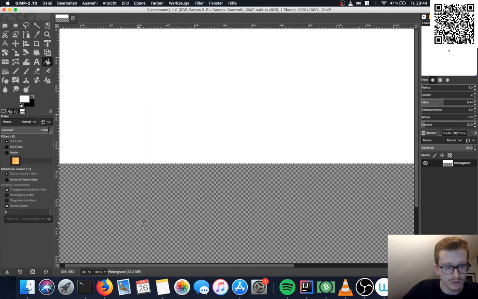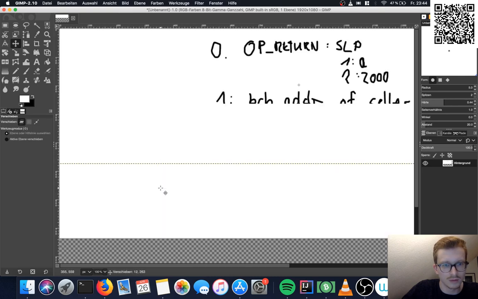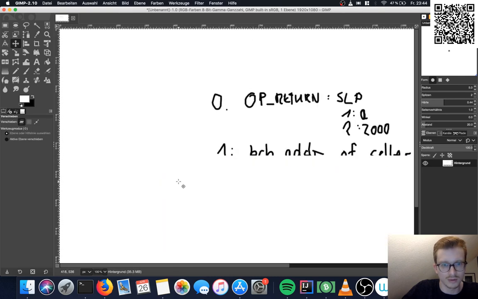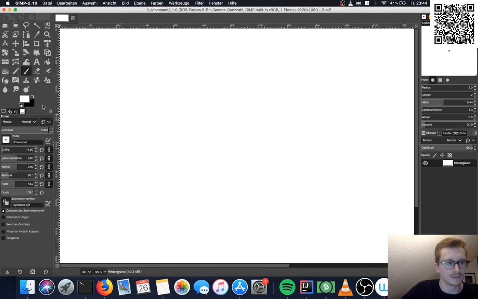Fill like this. Maybe we have to move it down. Fill it with white. I'm used to Photoshop actually, but I only have GIMP here.